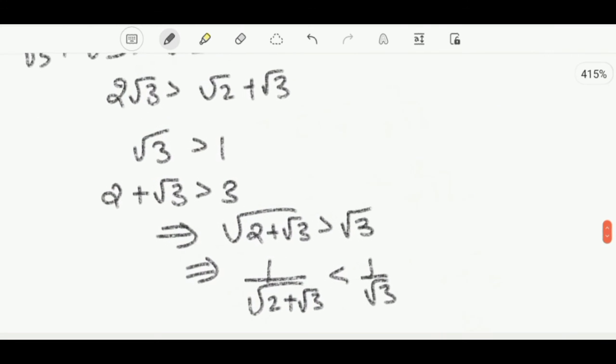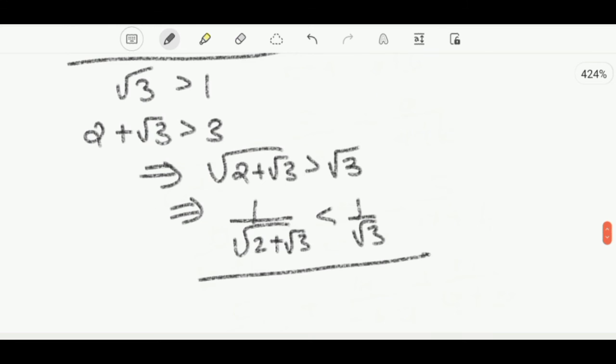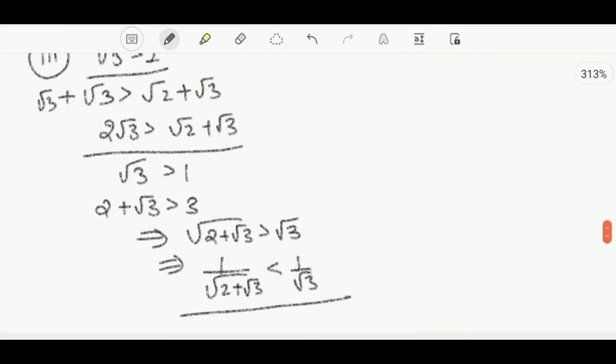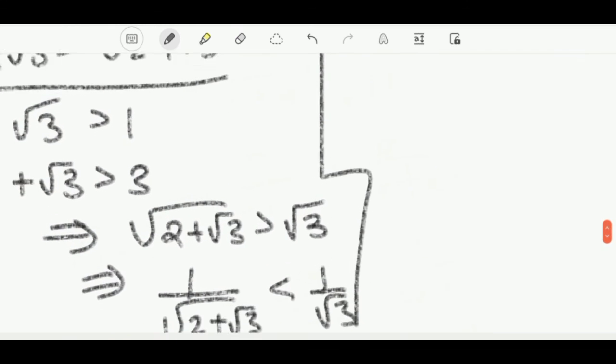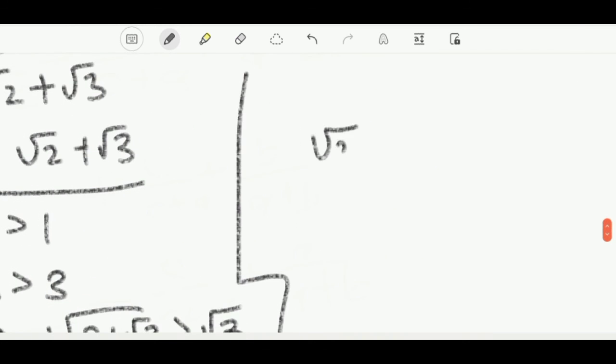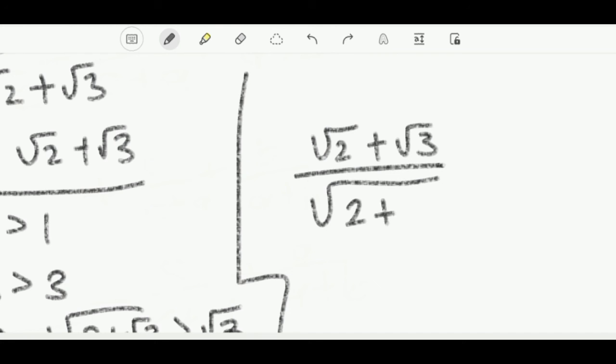And now I'm going to again multiply this and this equation, so we'll simply get square root of 2 plus square root of 3 over square root of 2 plus square root of 3 is smaller